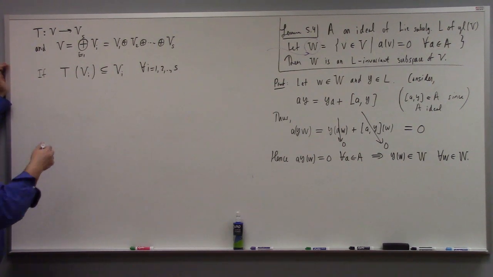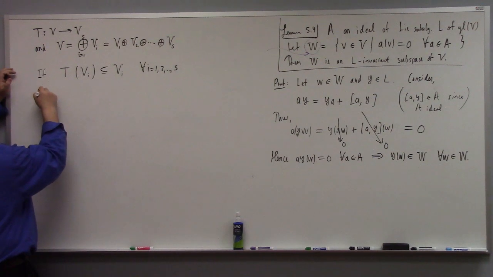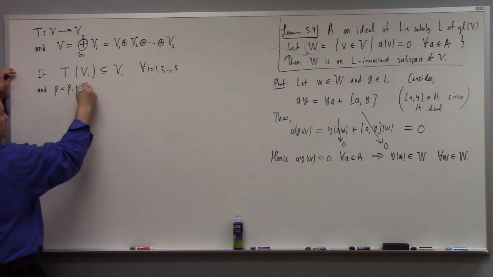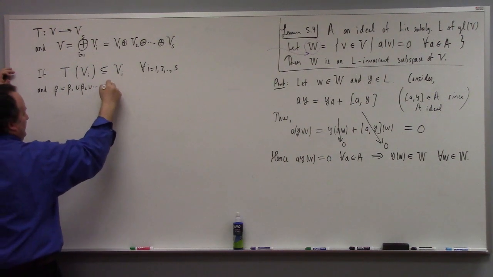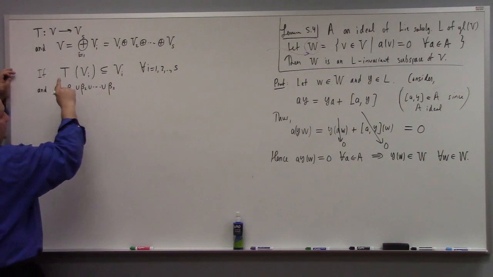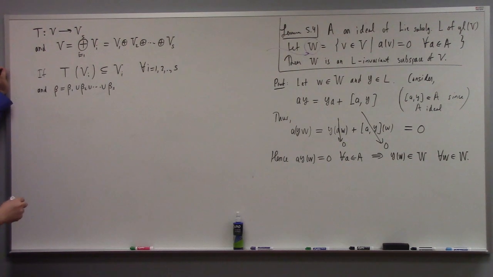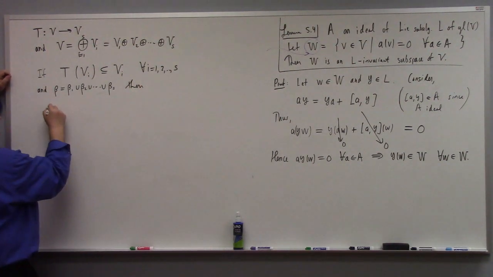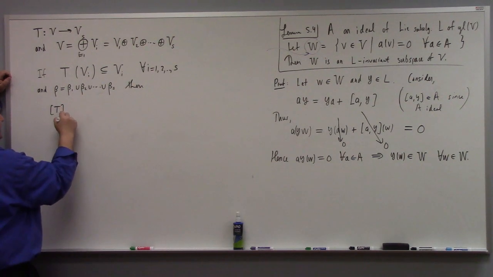If you form beta as beta 1, beta 2, up to beta s, respectively the bases for these separate subspaces, then the matrix of T with respect to this basis